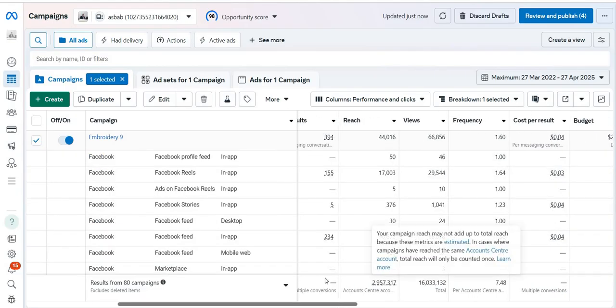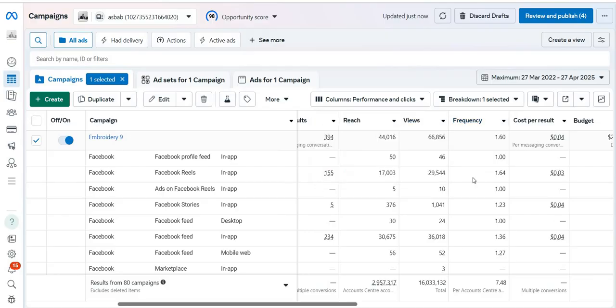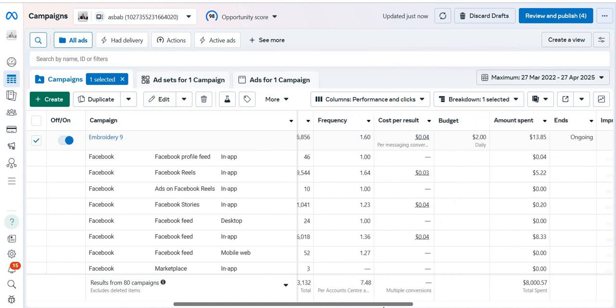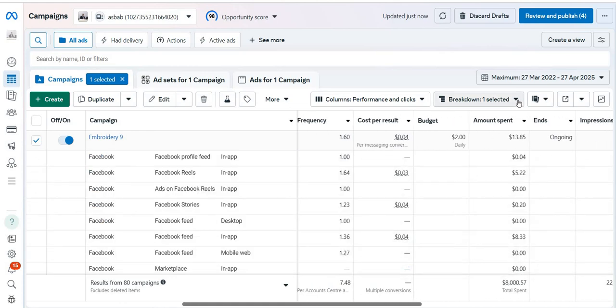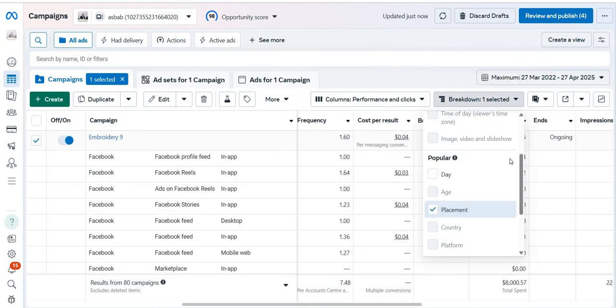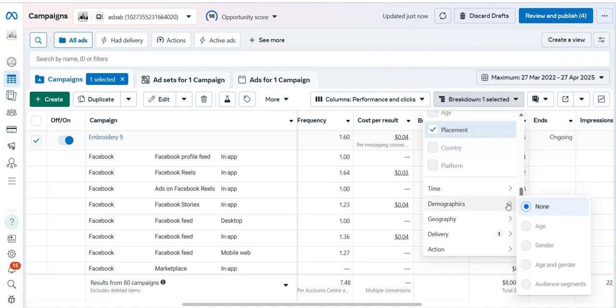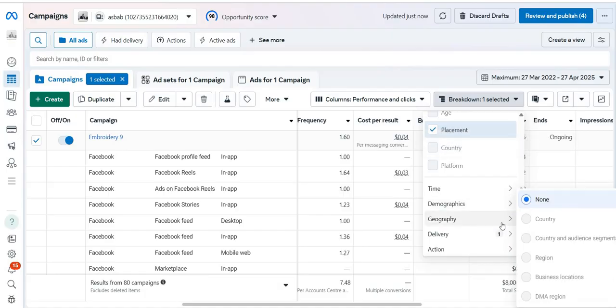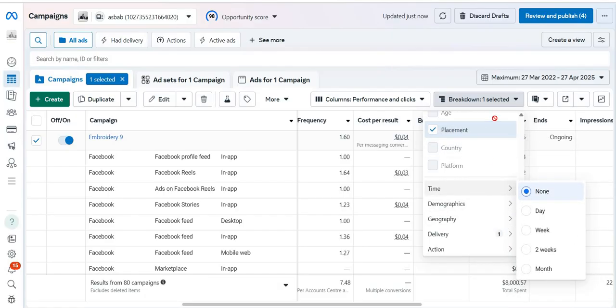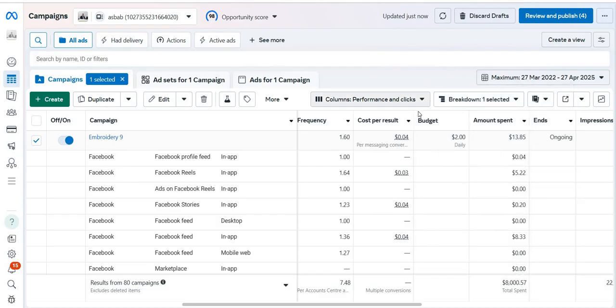So it is a way of auditing a Facebook campaign, where most of the people are clicking the ad and the reach of this campaign. It's a placement breakdown, and we can say that after the placement breakdown, we can break it down by demographic, geography and other criteria. And performance, clicks, performance